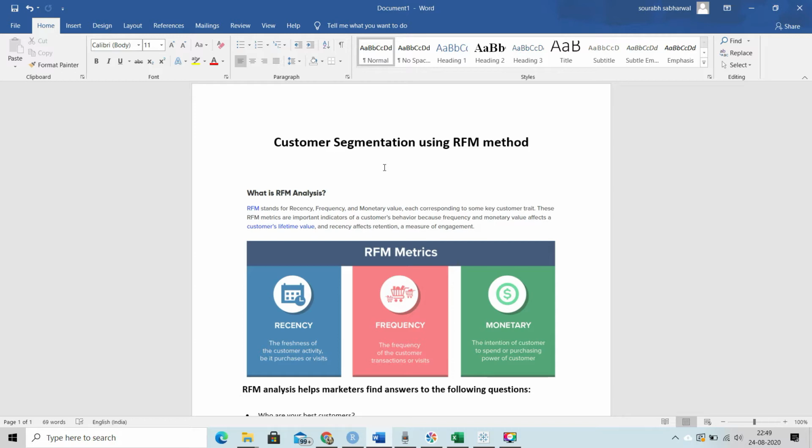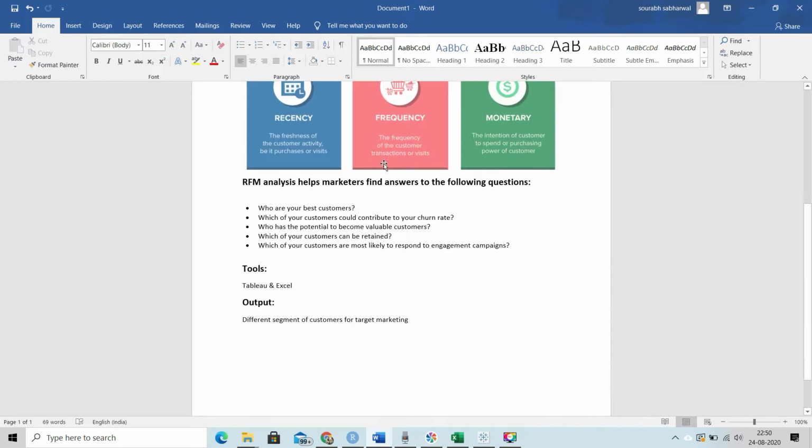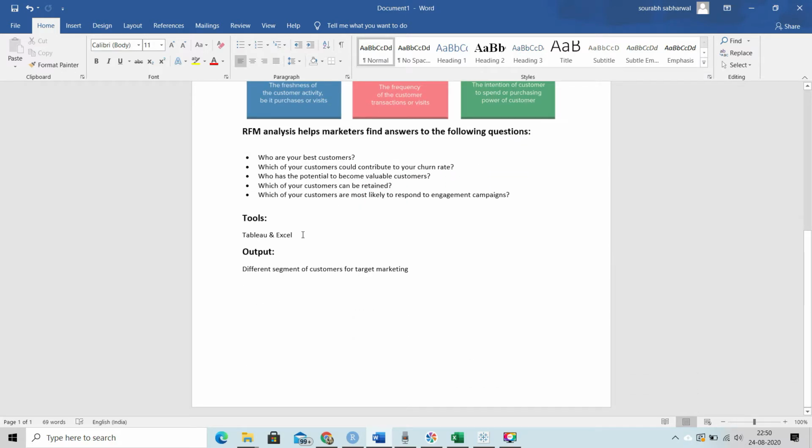The marketers need to know exactly what the behavior of the customer is by segmenting, and then they run different kinds of promotions and implement different strategies to retain the customers and keep them loyal. The tools that we're going to use for this are Tableau and Excel, and the output that we're expecting is different segments of customers for target marketing.